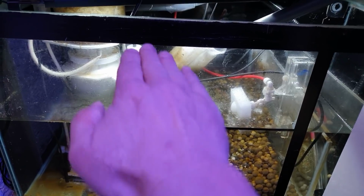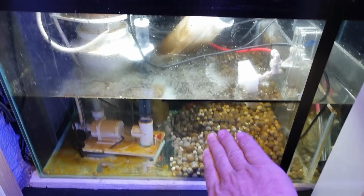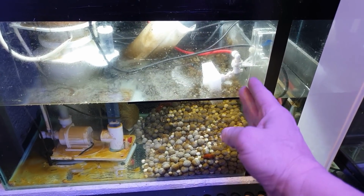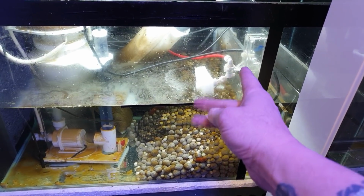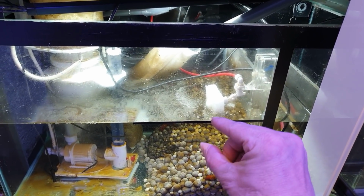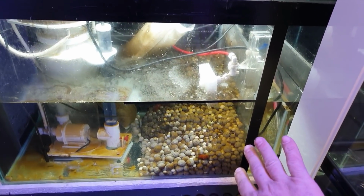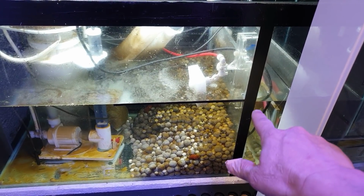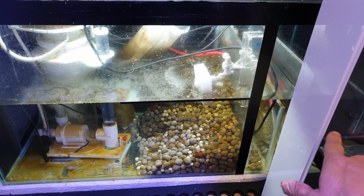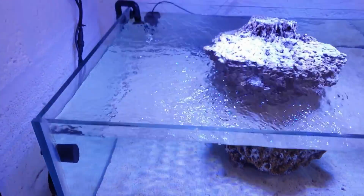But basically what it does, the water comes down from both the tanks, goes into the sump, and then the water draws through all of this media, okay? And underneath the first baffle, the one the RO system's attached to, there's about half an inch gap at the bottom. So all that water is getting sucked through that media, then going up, back down, and then up again the other side, and going back to the return pumps, which are blowing out up